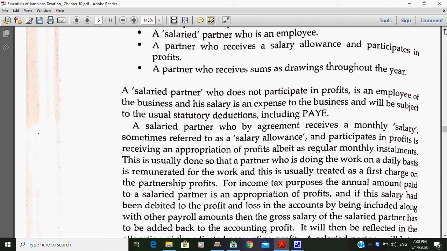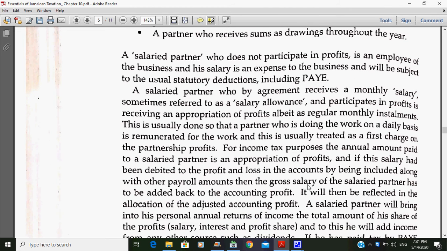For income tax purposes, the annual payment amount paid to a salaried partner is an appropriation of profits. And if this salary had been debited to the profit and loss account, being included along with other payroll amounts, then the gross salary of the salaried partner has to be added back to the accounting profit. Alright, now